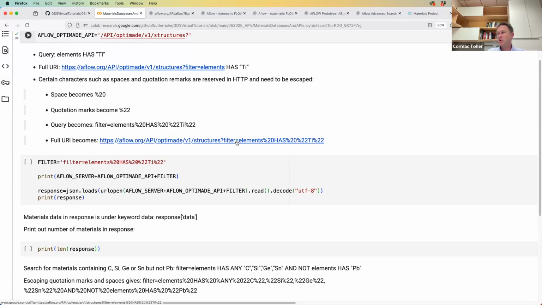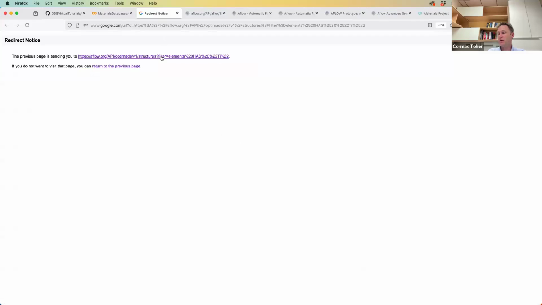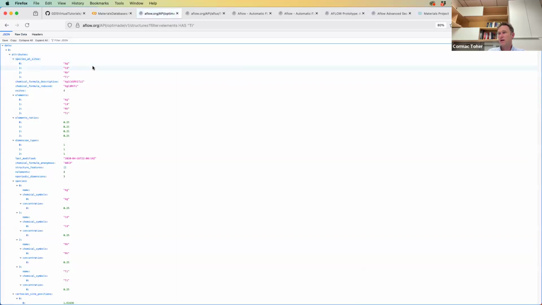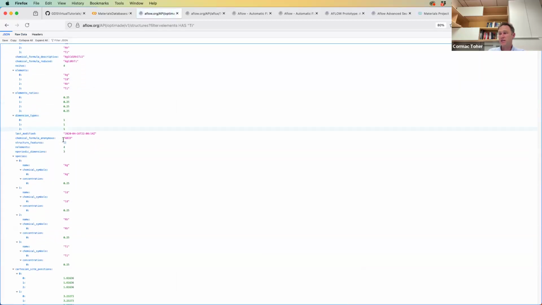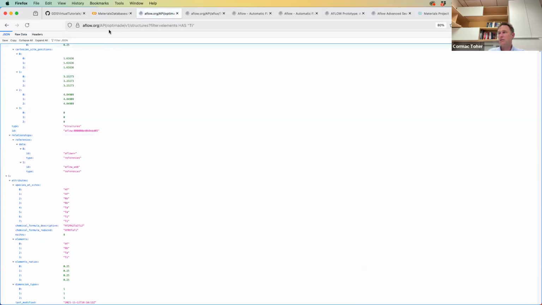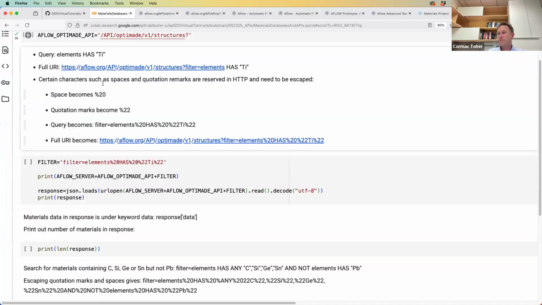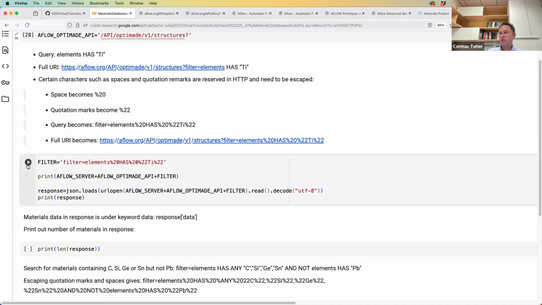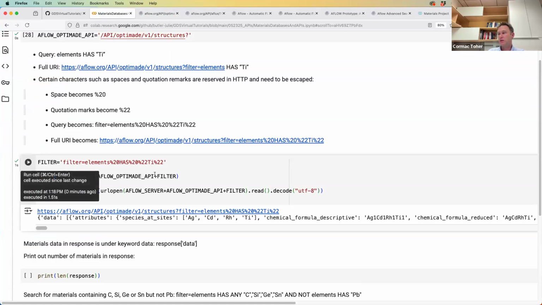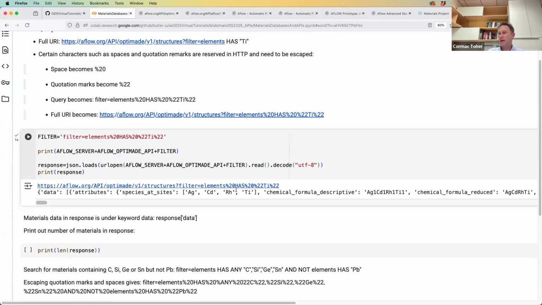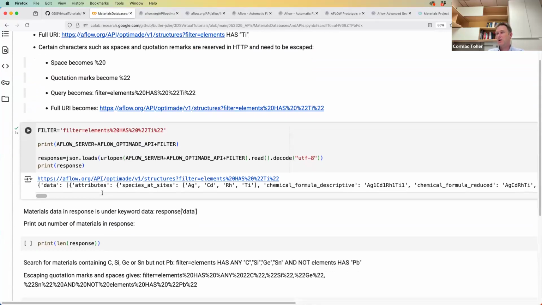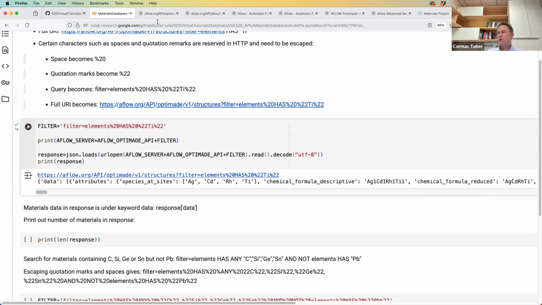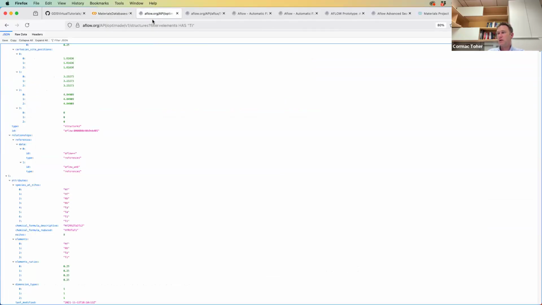So we can click on this URI and it should submit it to AFLOW. And here we get the search. So we see that this contains things with titanium. So we can also submit this. And we get back a dictionary of a list of dictionaries. So here you can see, if we look here as well,